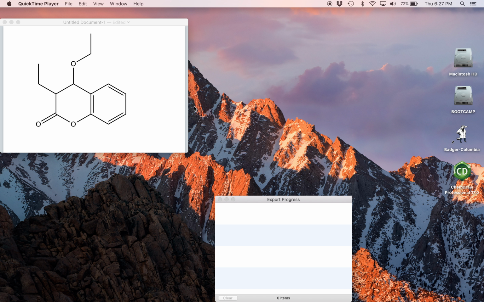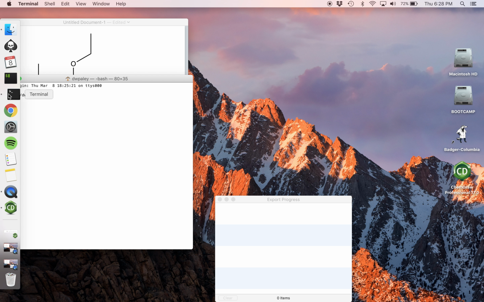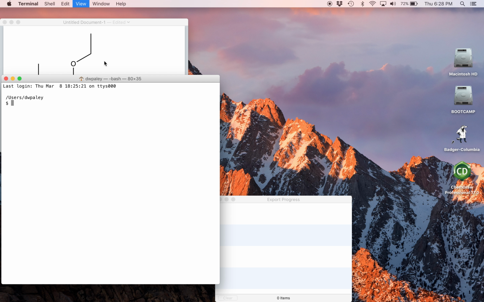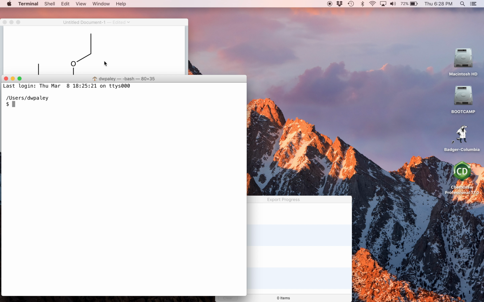I have another X-ray data set here. It was collected for this molecule, which is a 2-chromanone derivative. So I'm going to start by navigating to my X-ray data folder. I'm in my home folder right now, and I'm going to cd, change directory, into X-ray data. I don't remember, so I'm going to list this directory. I'm going to change into week 1